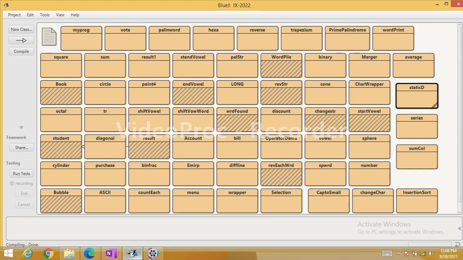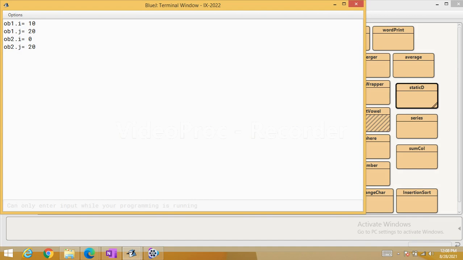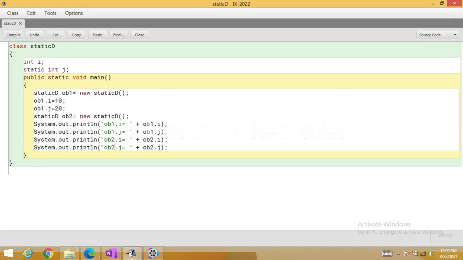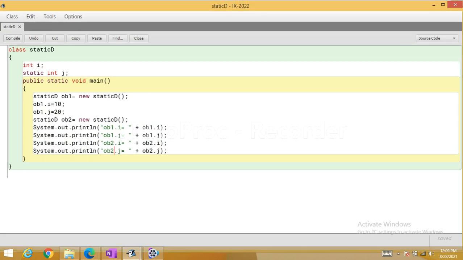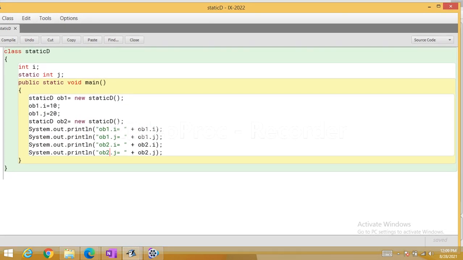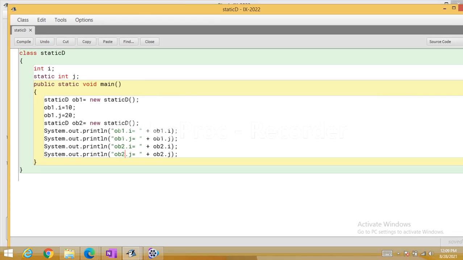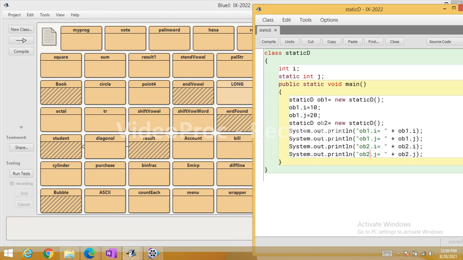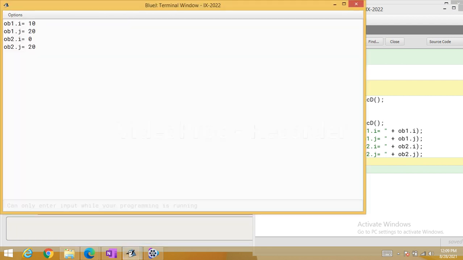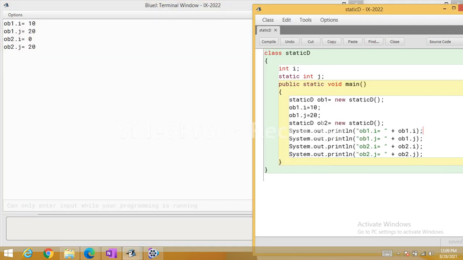I will come to static D and call the main function. Just see, this is what I have discussed right now. I'm showing you the output in the program. ob1.i, the first allocation, i is 10.